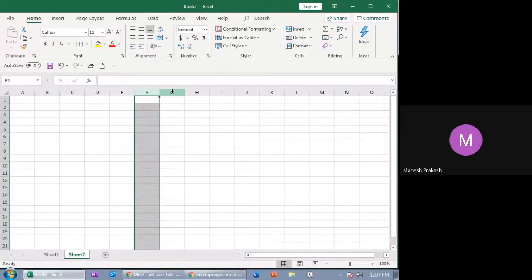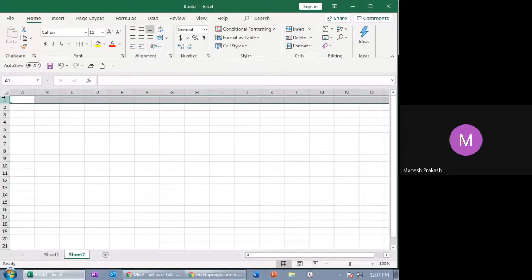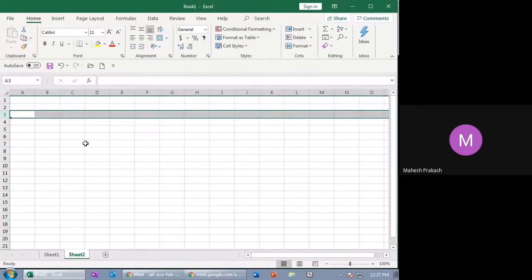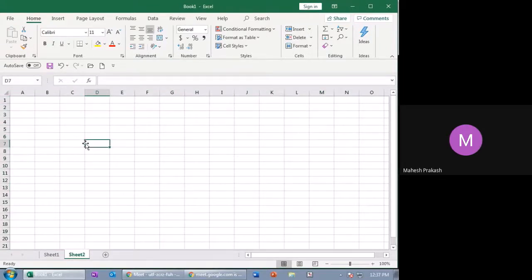Rows are numbers: here this is row 1, row 2, row 3, row 4, row 5, and it carries on. So rows are numbers and columns are alphabets.